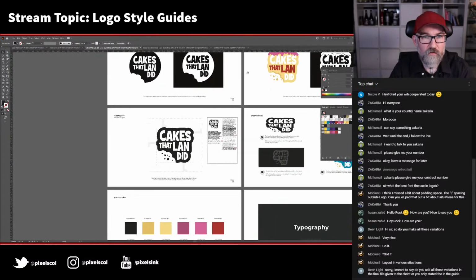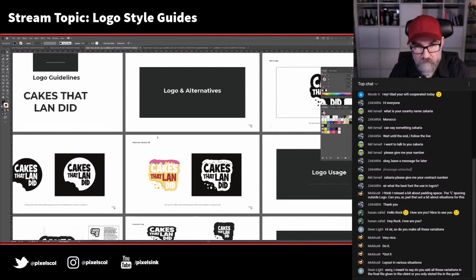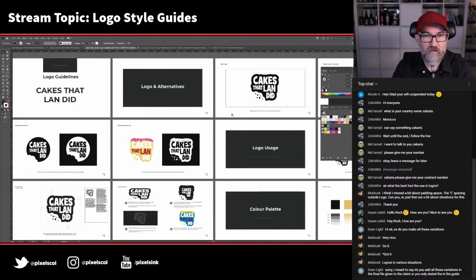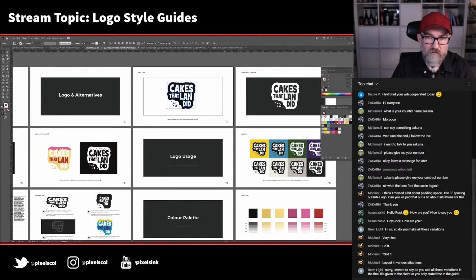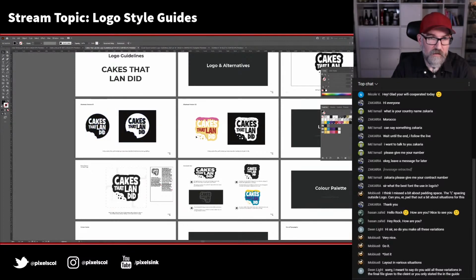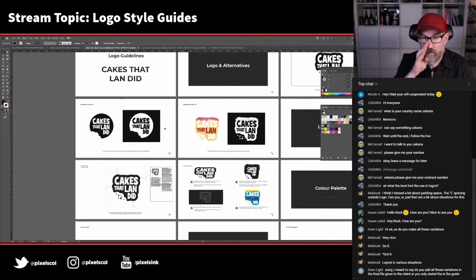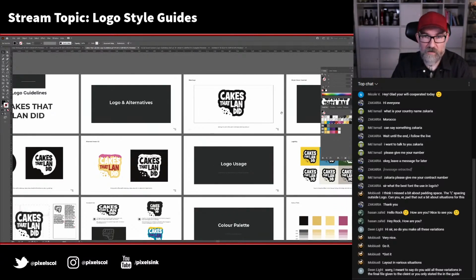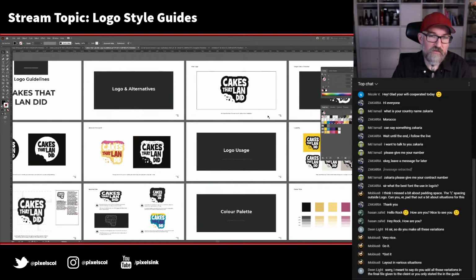So in the guide, for example in this one, and I don't normally do this many variations, but it was for my sister. So my sister was given this primary logo here, this inverted version, and these versions here, all supplied in different file formats for different uses. Most clients really only have one main primary logo and then probably an inverted version. And the software I use for that